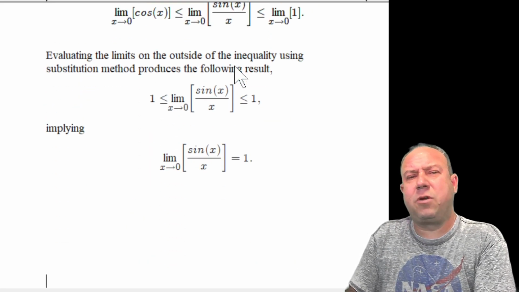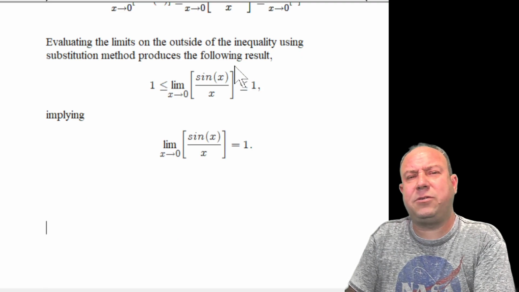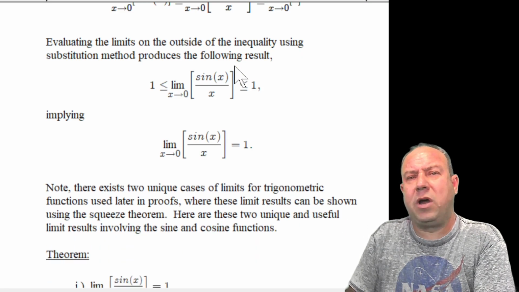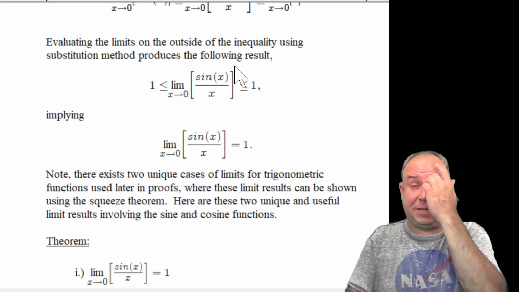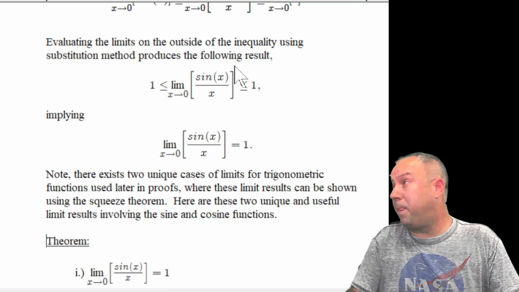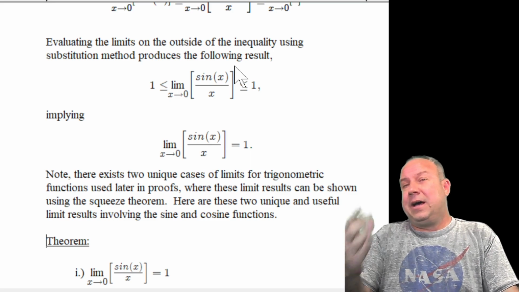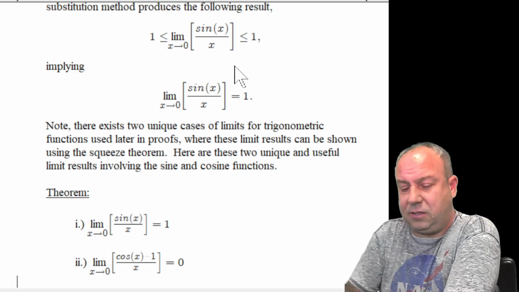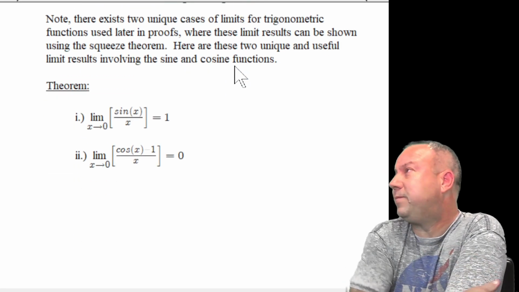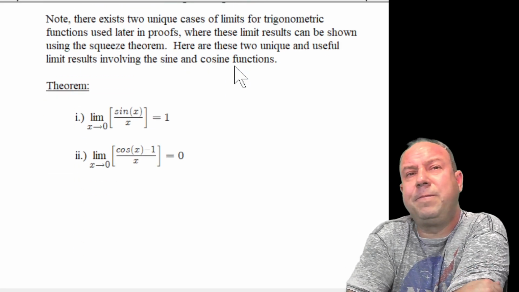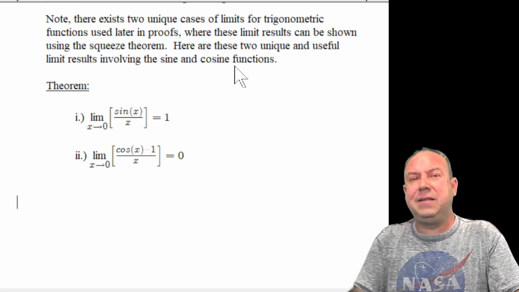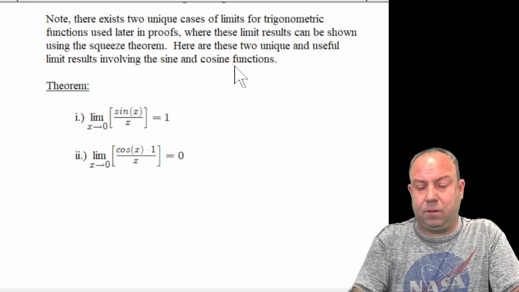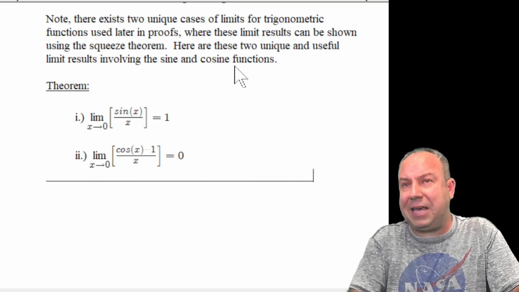I do believe that's where we end. I think we have two special limits that are trig limits. This is one of them. We're actually going to encounter this limit again. These are unique trig limits, and actually here's two of them. My apologies, we just hit the end of the notes again. But these two unique limits are two unique cases,